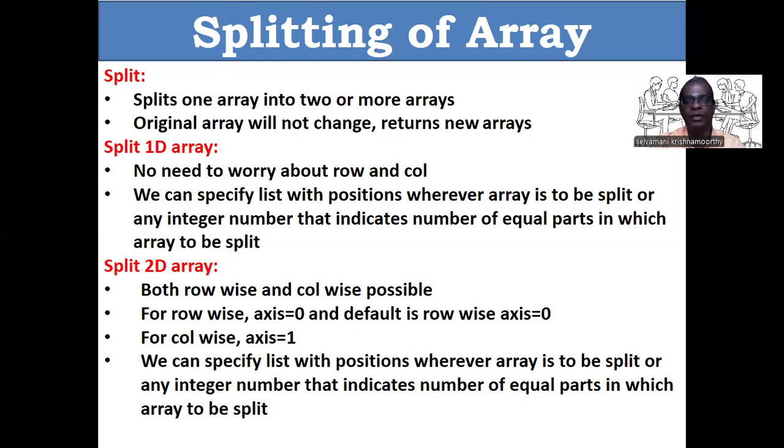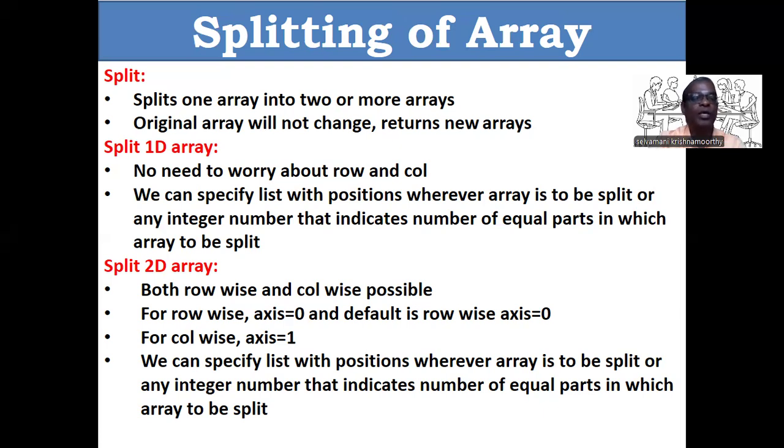For example, if our array contains 20 elements and I want to make it two arrays at the 10th location, we need to give location number 10. This is one way. Another way is any integer number that indicates the number of equal parts in which the array is to be split. We have one array with 20 elements. I want to split it into 2 parts. Simply we can give number 2. That we will see in